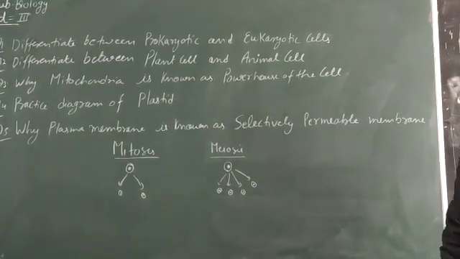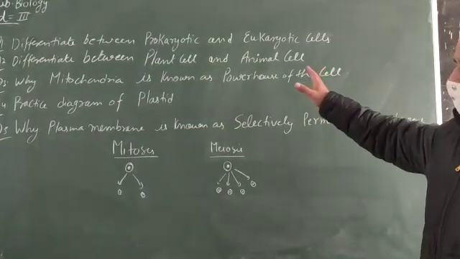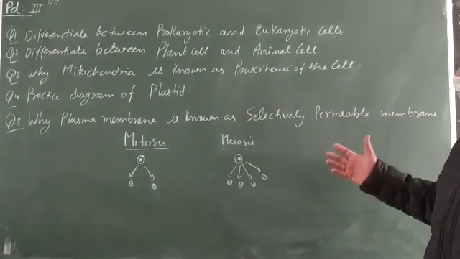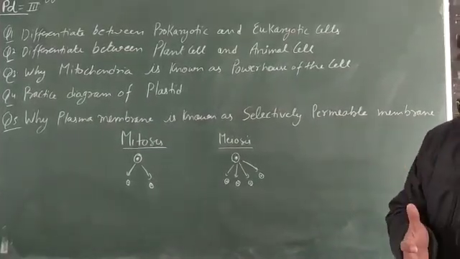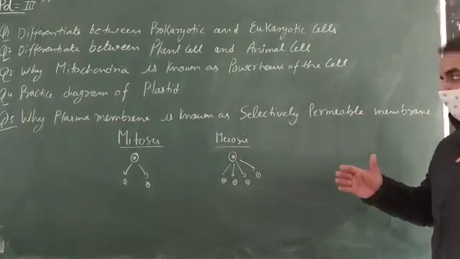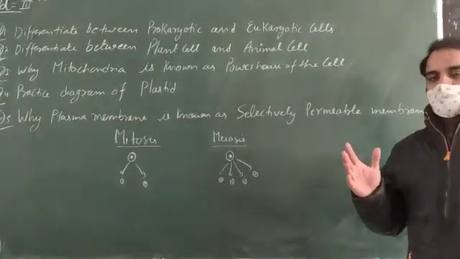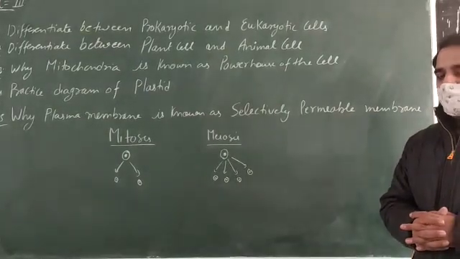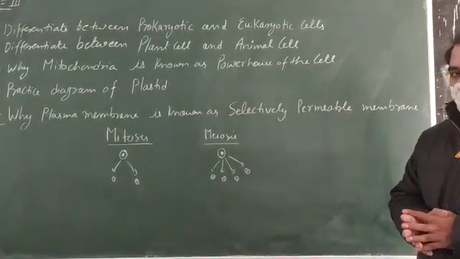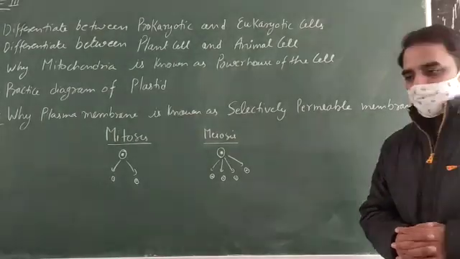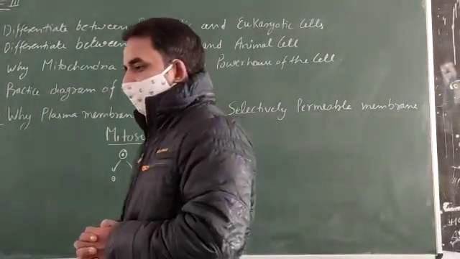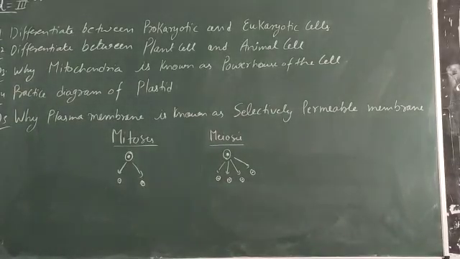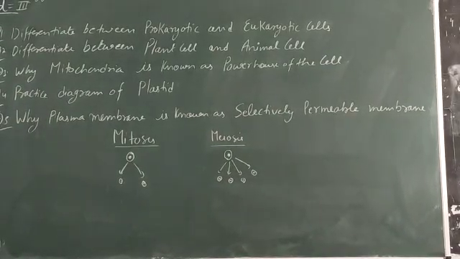Plasma membrane is a living membrane which is present in both plant and animal cells. And the plasma membrane is selectively permeable, meaning it allows only selective things to pass in and out of the cell. That's why it is known as the selectively permeable membrane. Plasma membrane is elastic in nature, and it is made up of phospholipids, which have a chain in which a kink is present in one chain